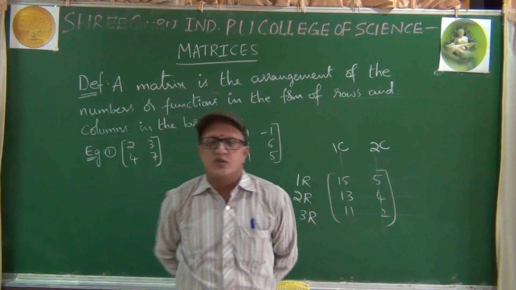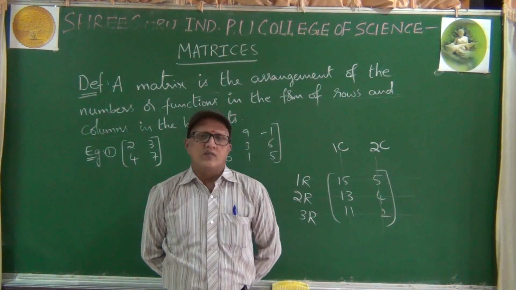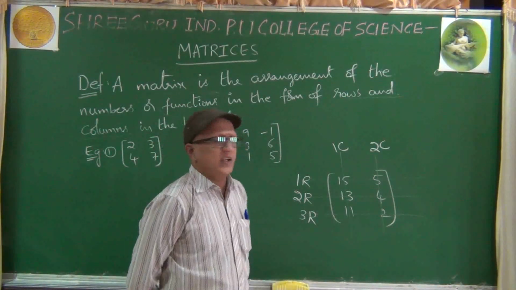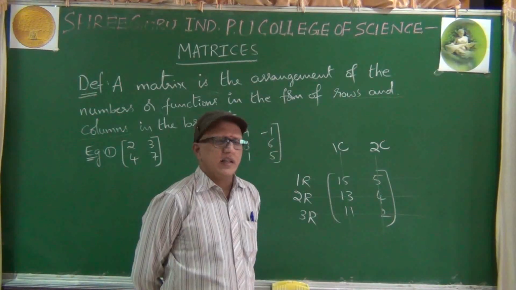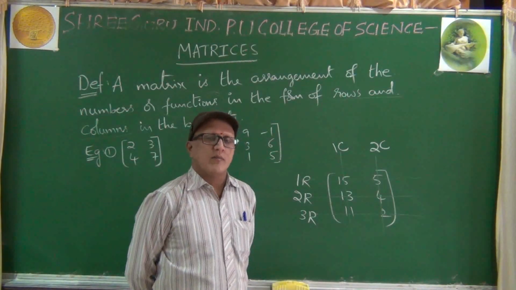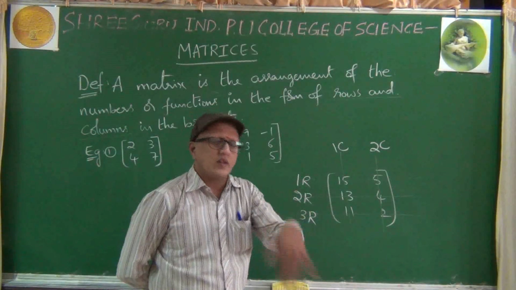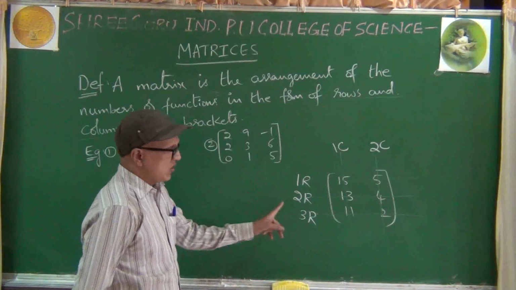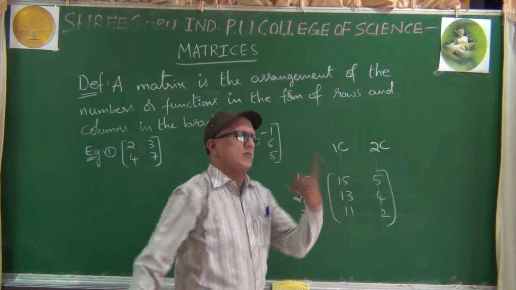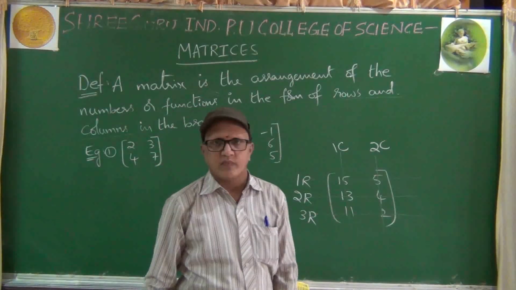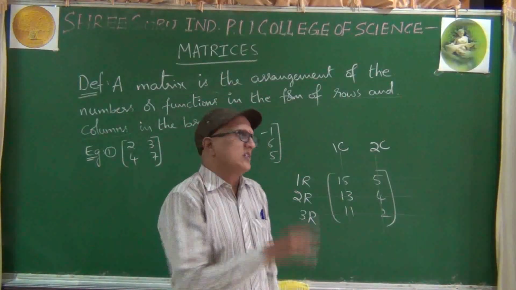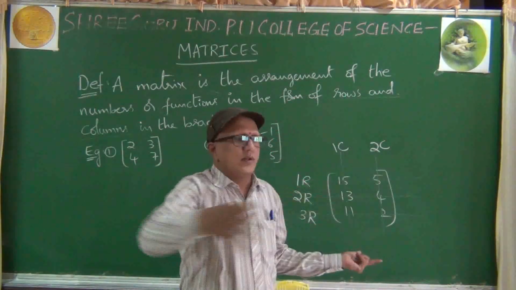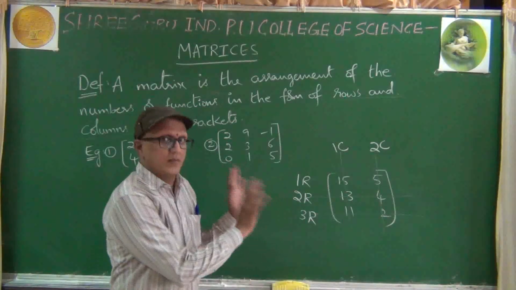I already told in the first class itself, if you have any confusion between two things, then remember only one. By comparing, the second one you get easily. Here, rows means like this, columns means like this. Remember only one, automatically the other will come. So remember rows, columns will be like this. Clear? But be very careful.